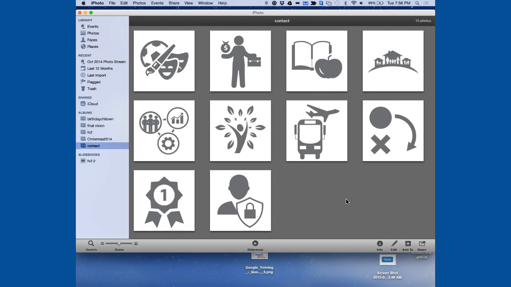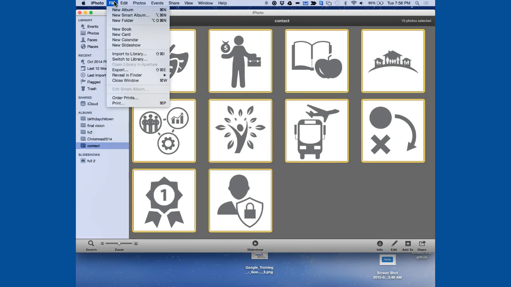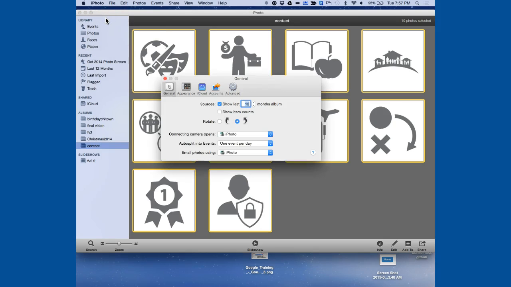Next, you're going to take your mouse again and put it in the gray area. Do a Command A. And now we're going to show you one of the cool things about Macs that PCs can't do. I want you to go to the iPhoto menu and go to Preferences. And then I want you to go to,